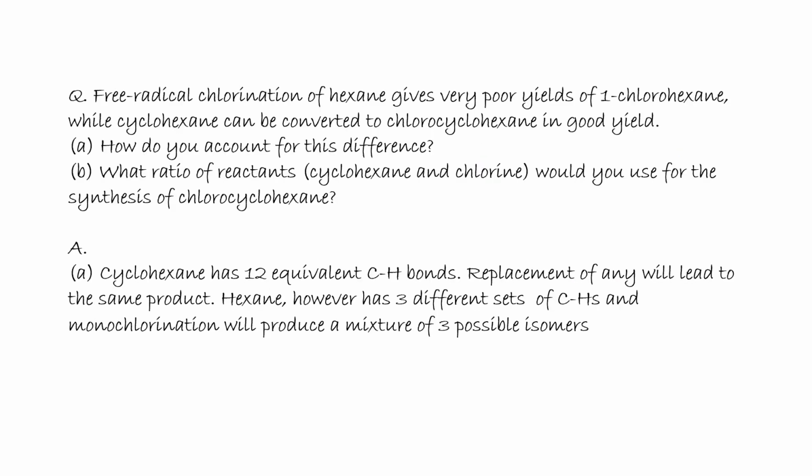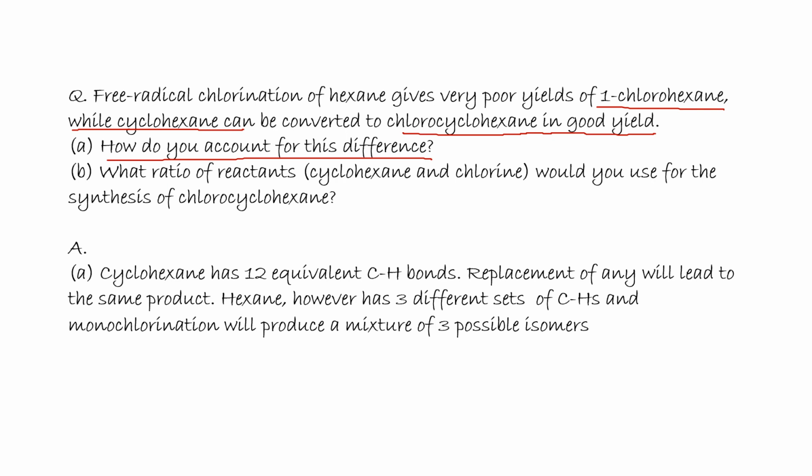Free radical chlorination of hexane gives very poor yields of 1-chlorohexane, while cyclohexane can be converted to chlorocyclohexane in good yield. How do you account for these differences? Why is hexane so hard to give a good amount of 1-chlorohexane, while cyclohexane can be